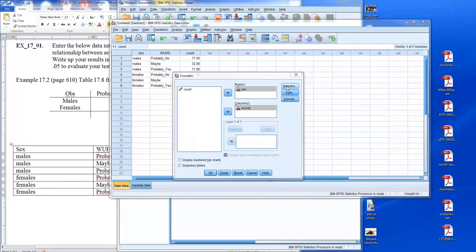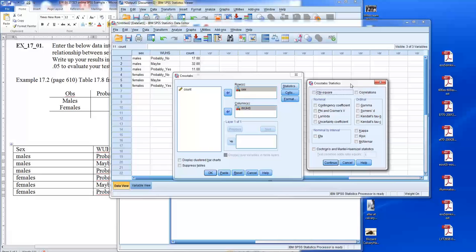I want to look at my statistics here, and I want to define these statistics. So we're interested in the chi-squared, that relationship. We want the Cramer's phi or V, the effect size measure, and we want both of those. You could ask for some other things as well, but those are two you need to click on: chi-squared and